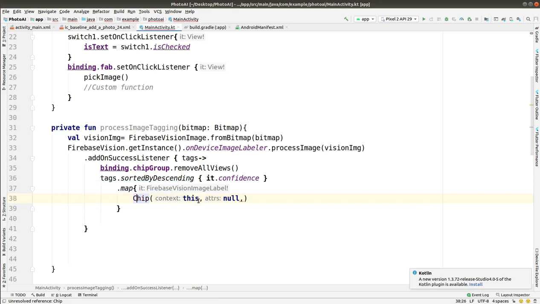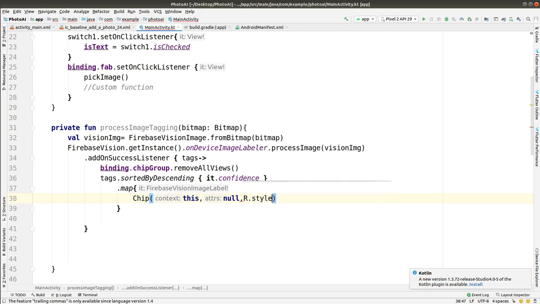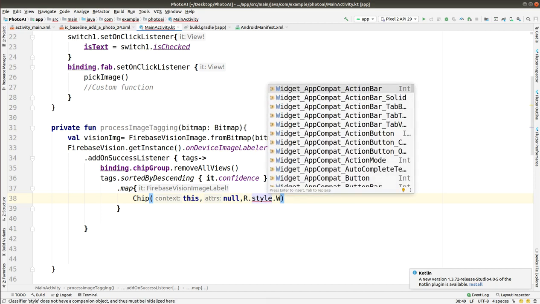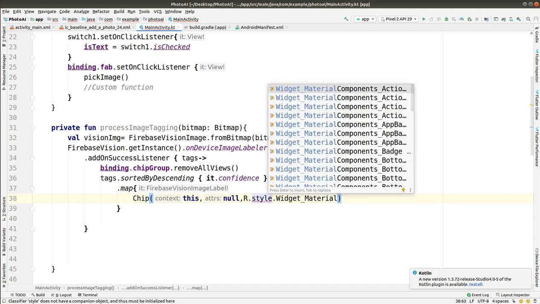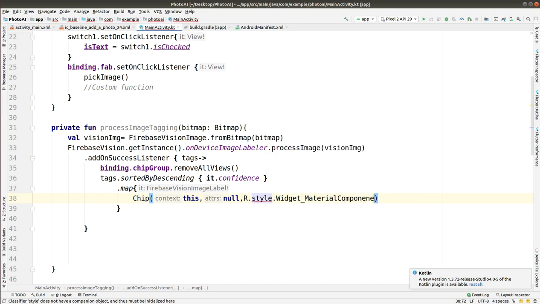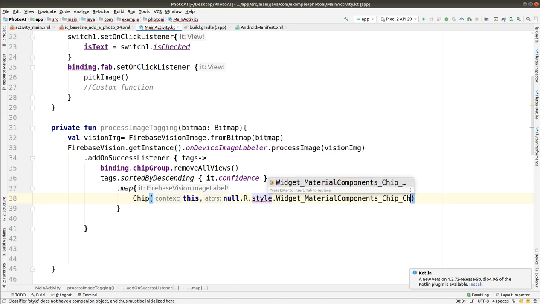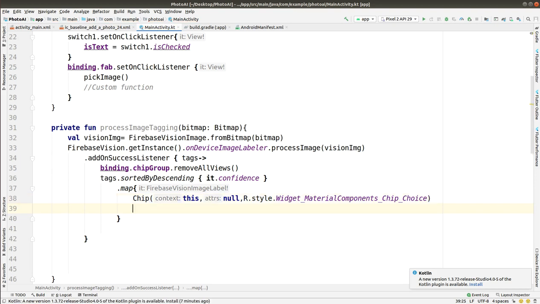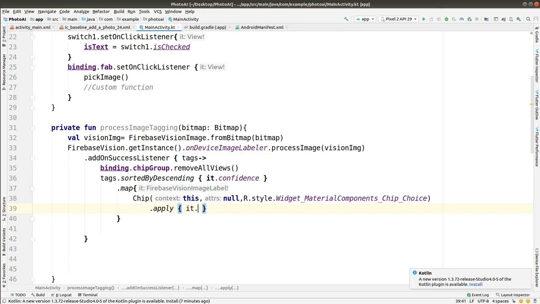It will show you text in the form of tags. So all the text we are getting from that image, we will be sorting in descending order using sorted by descending and passing confidence. The results on which the confidence is high will be shown at the top. That's why we are using that descending order.